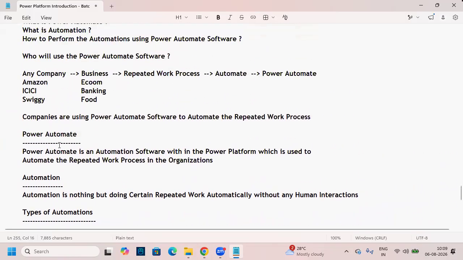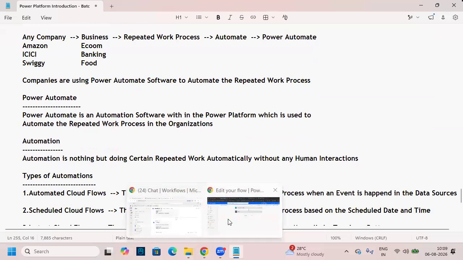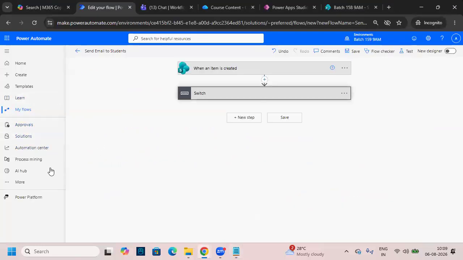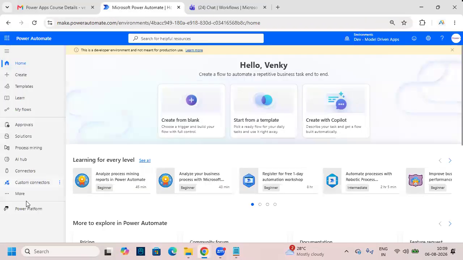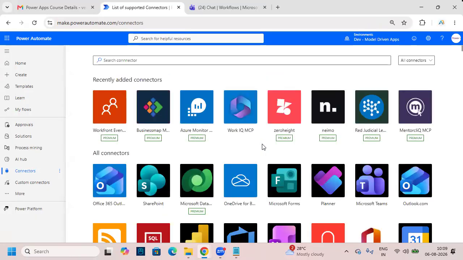So this is all about what is Power Automate and how we can do the automations in Power Automate. Not only this case, you can do a lot of automations. If you see, when I go to the option called connectors here, Power Automate can connect to almost all the different types